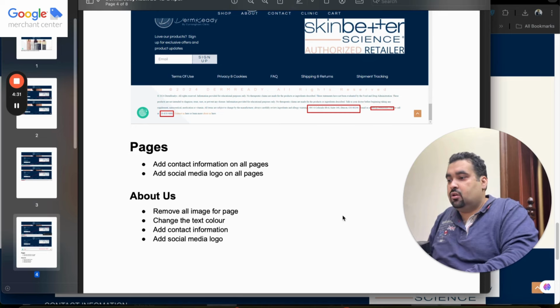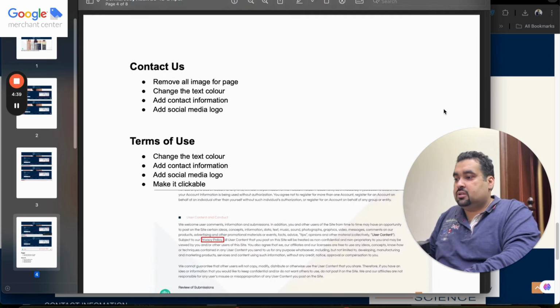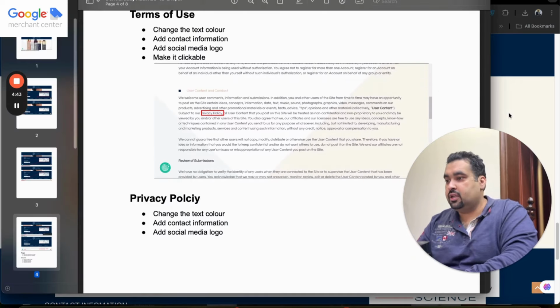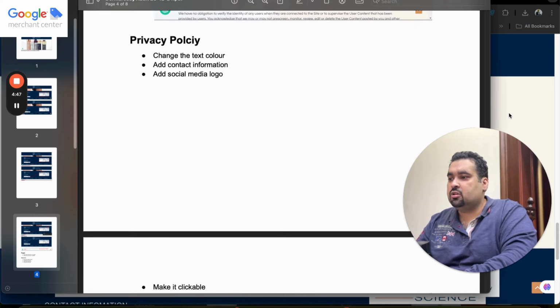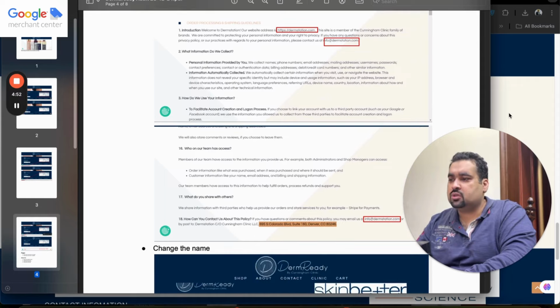Apart from this, we suggested adding contact information on all pages, and social media logos on all pages. We suggested removing all of these pages, and these pages as well. So you can see over here small things: terms of privacy policy, page change, privacy, change text color, adding contact information, social media logos, something needs to be more